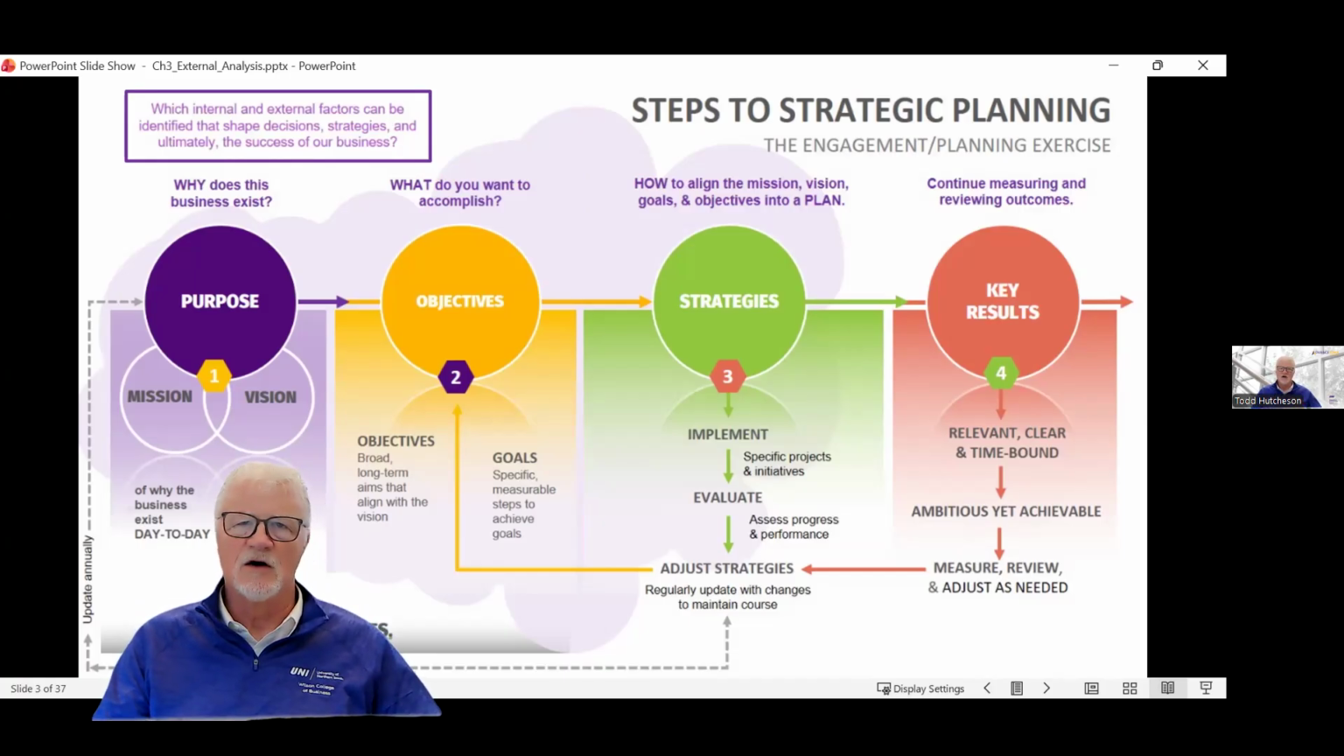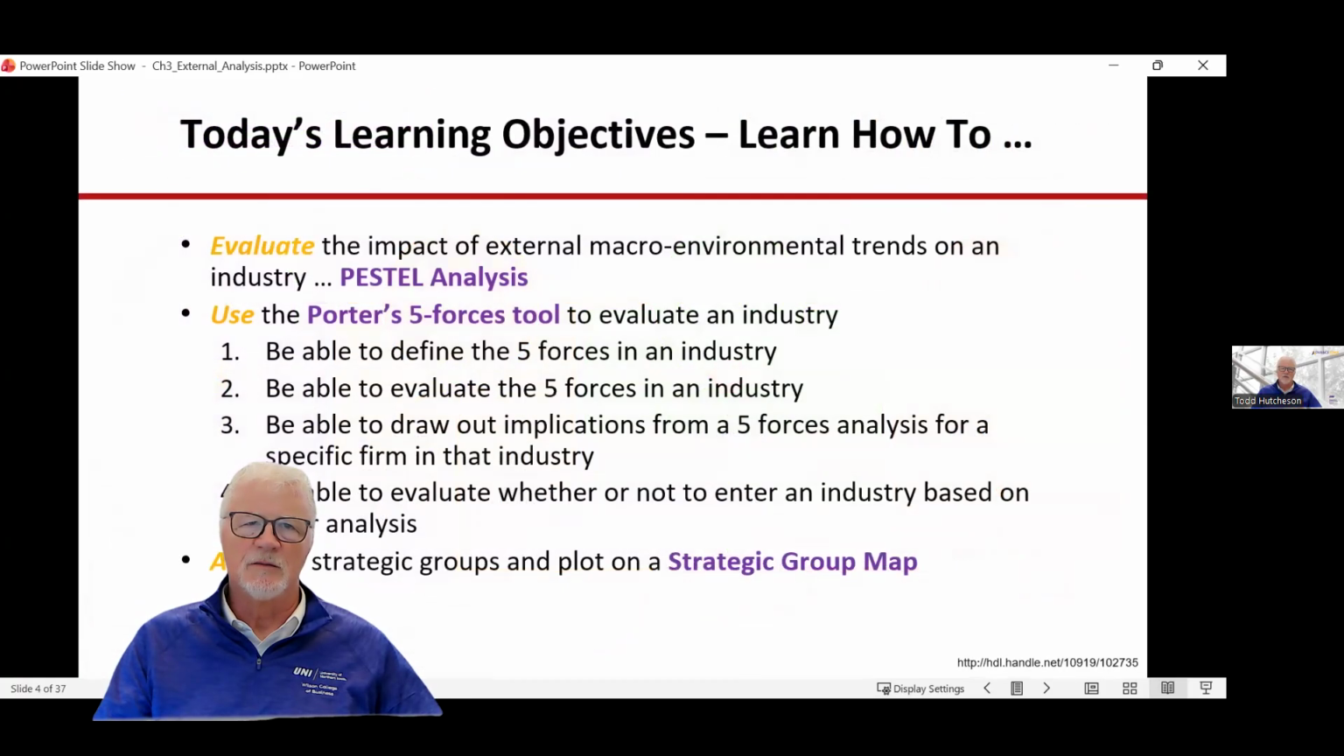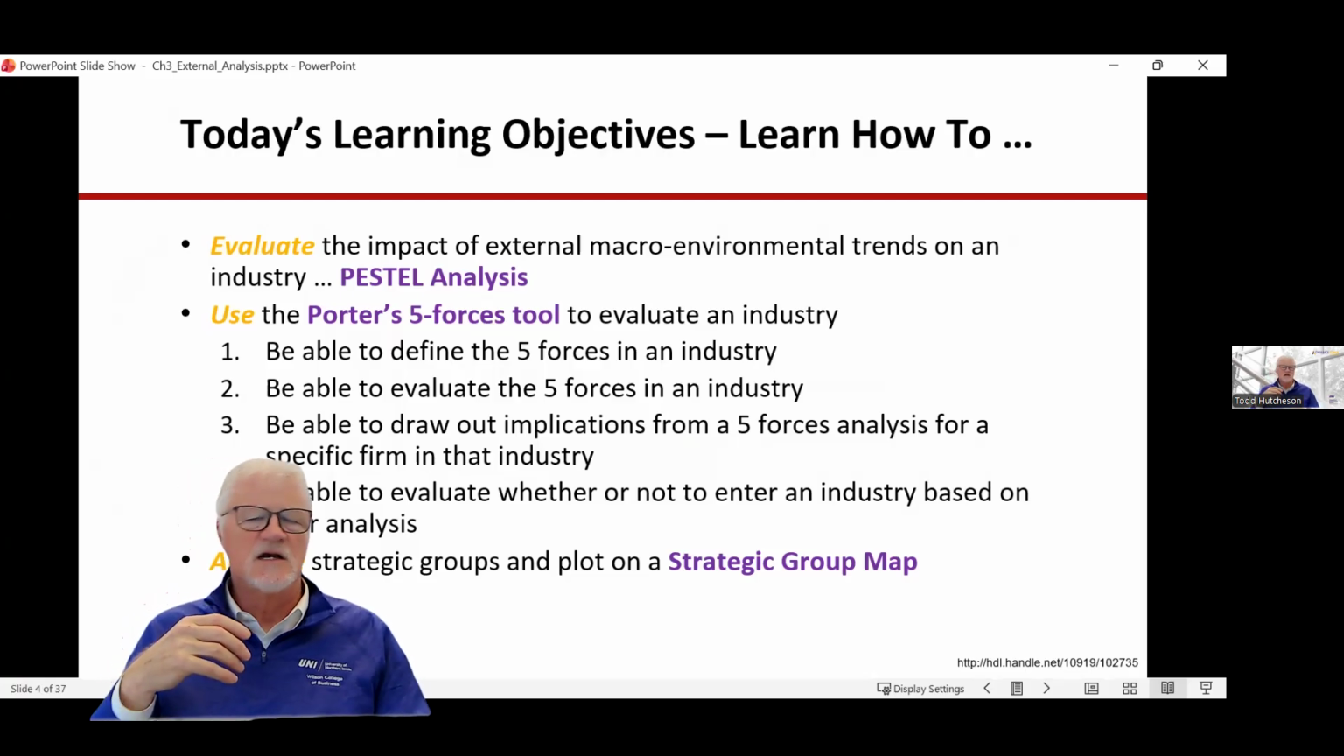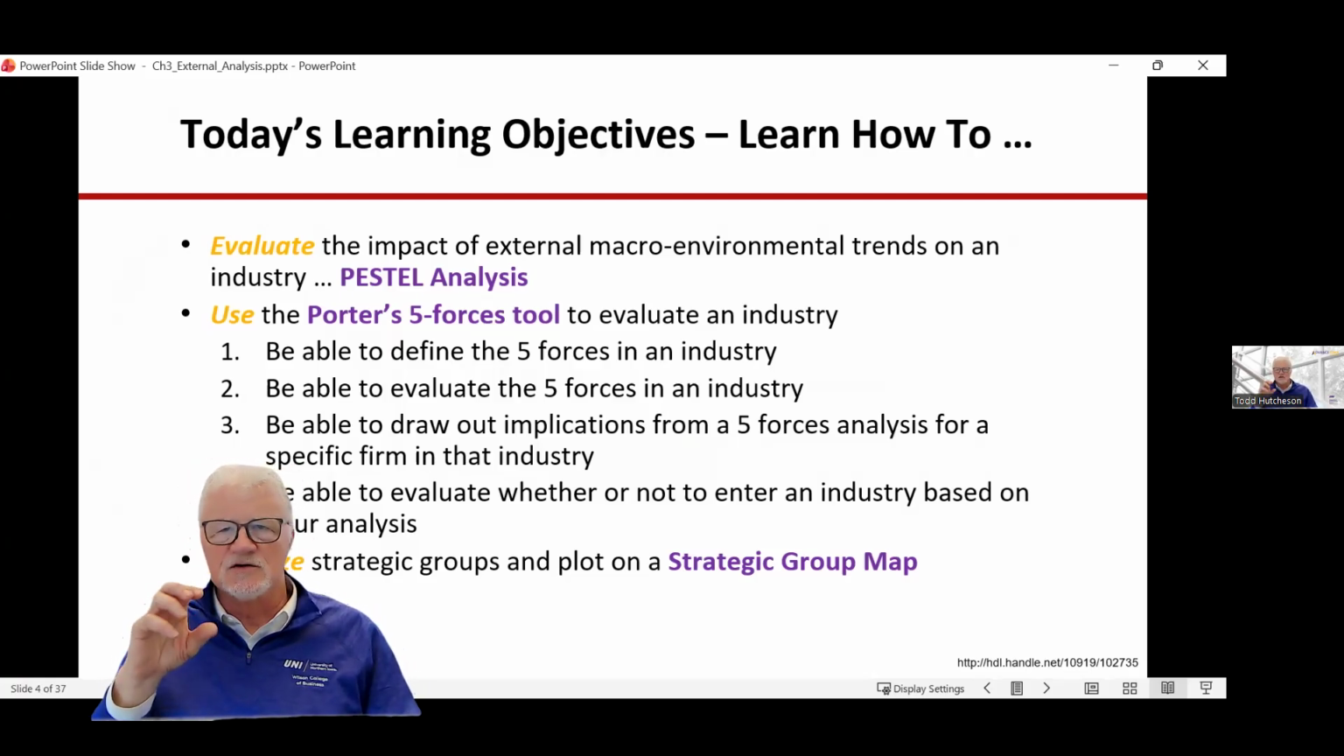So we're going to talk about the external environment. Our objectives today are begin to evaluate the impact of external macro environmental trends on the industry. We'll use a tool called a PESTLE analysis. That will help us understand that macro overall. We'll also learn how to use Porter's Five Forces tool. So Michael Porter,